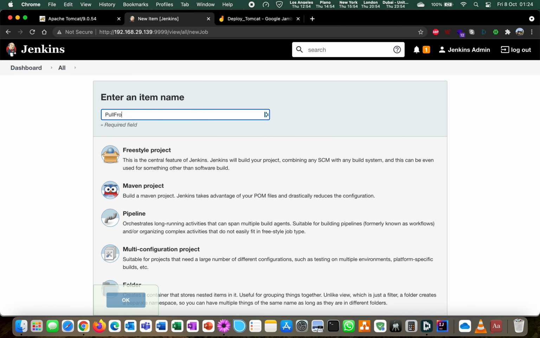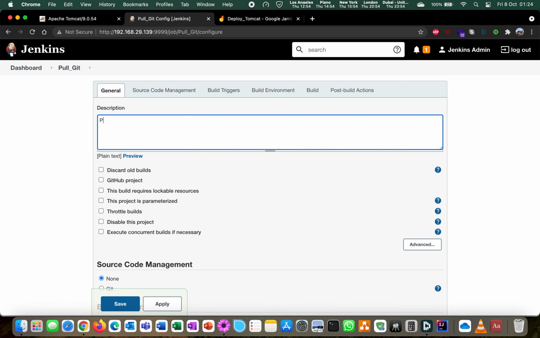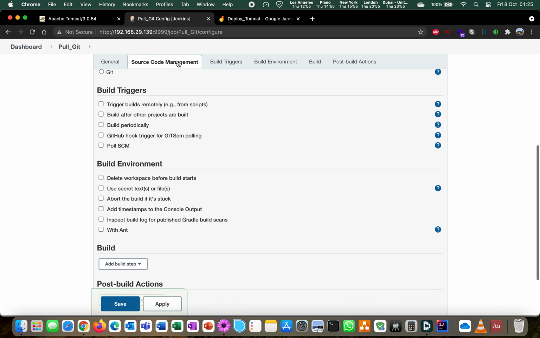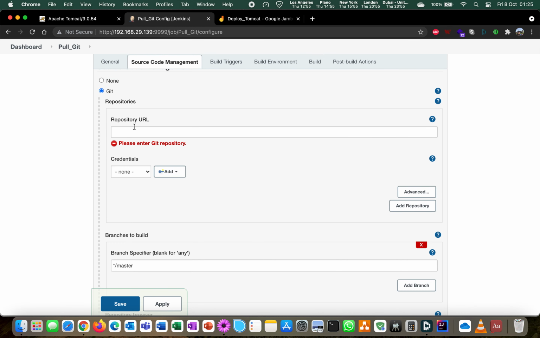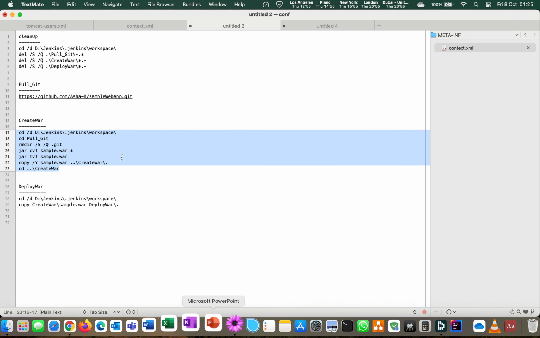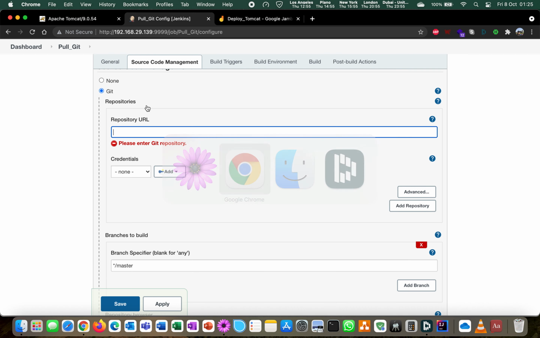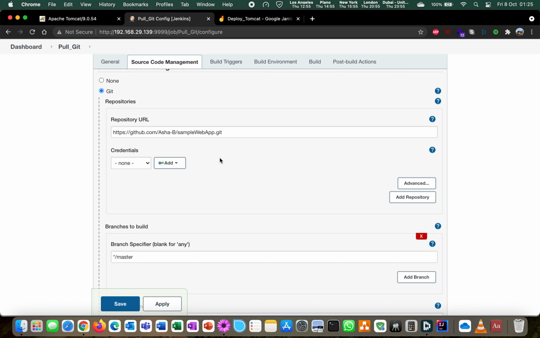So pull underscore git is the third job. Create a freestyle project. Okay, just give a description. In the source code management, we need to select Git, the repository URL. We'll just take it from my repo. Right now, since this is a public repository, we don't need any credentials.